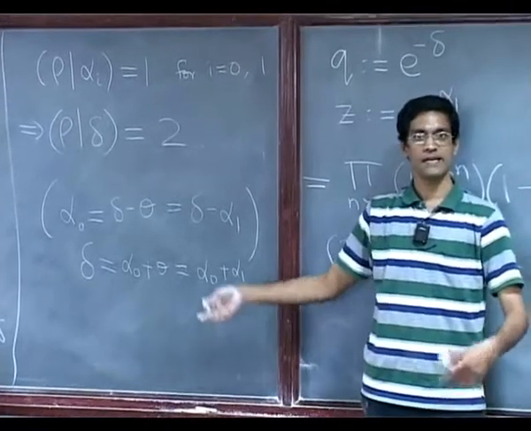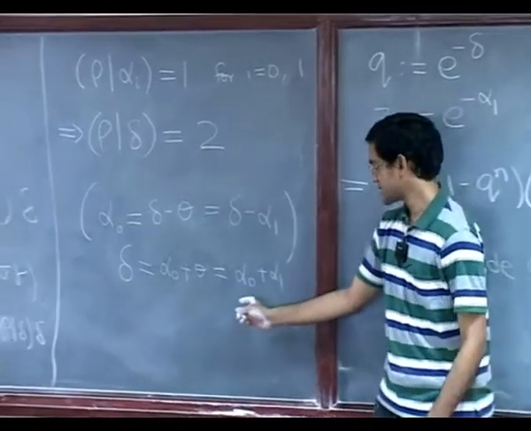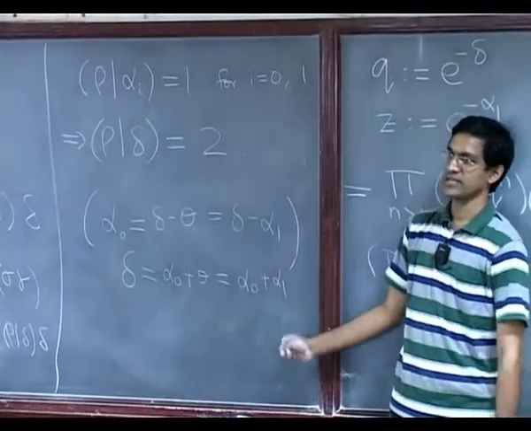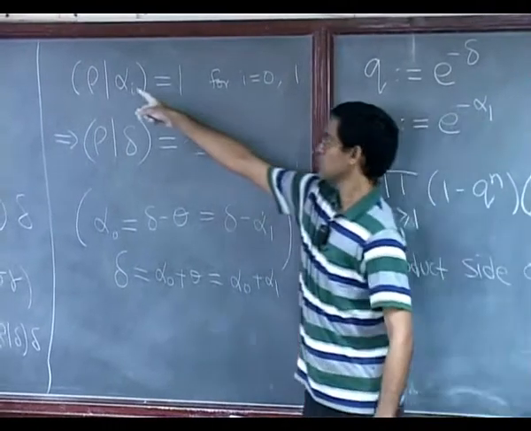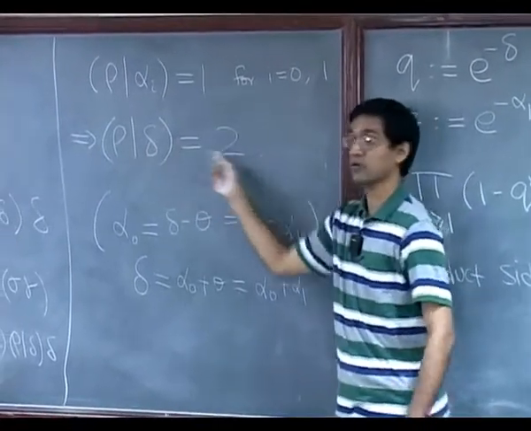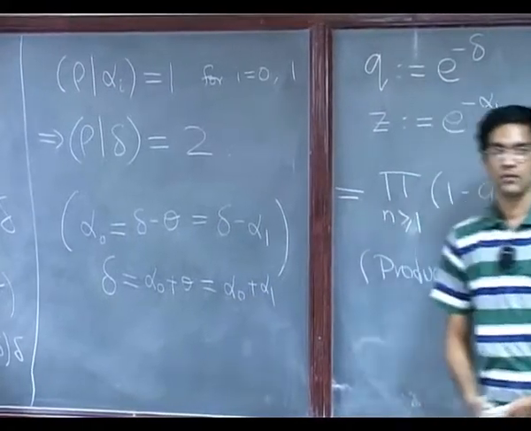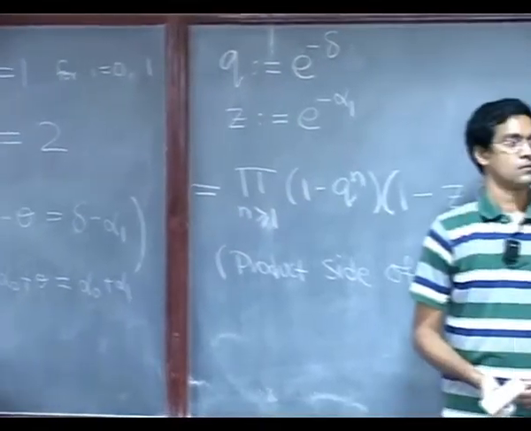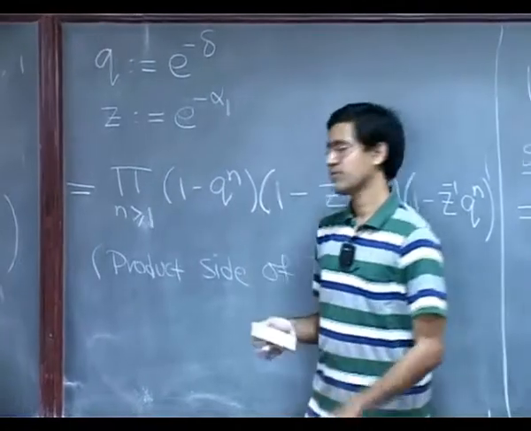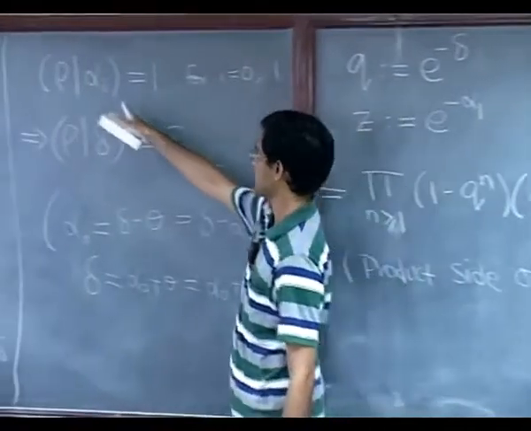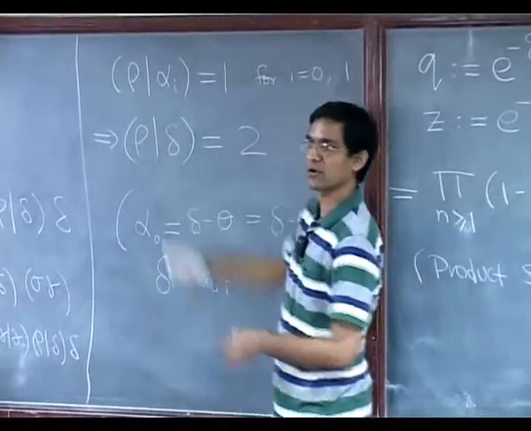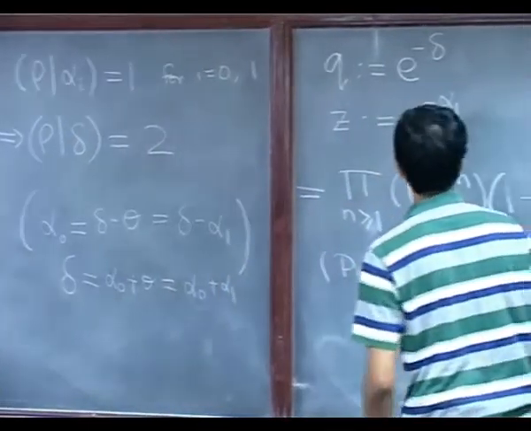So, if you write delta in terms of the simple roots, it just turns out to be the sum of the two simple roots in this case. And since rho was 1 with each simple root, with delta it would be 2, because it is rho alpha naught plus rho alpha 1. So, all I have done is use the property of rho that this thing holds. Again you will notice that is all you need, you do not really need anything further about rho.